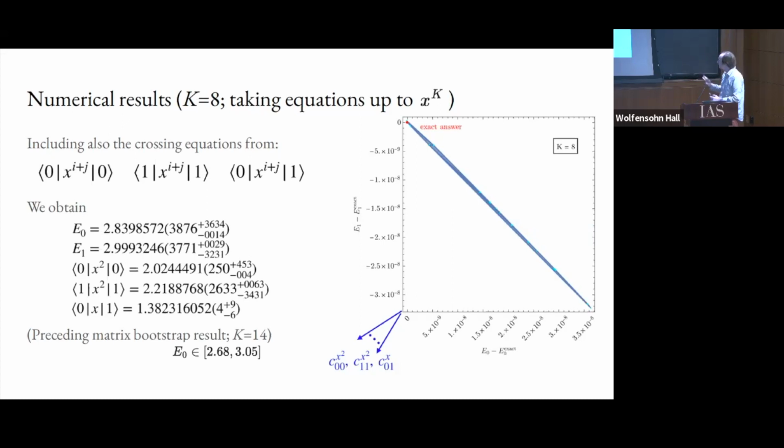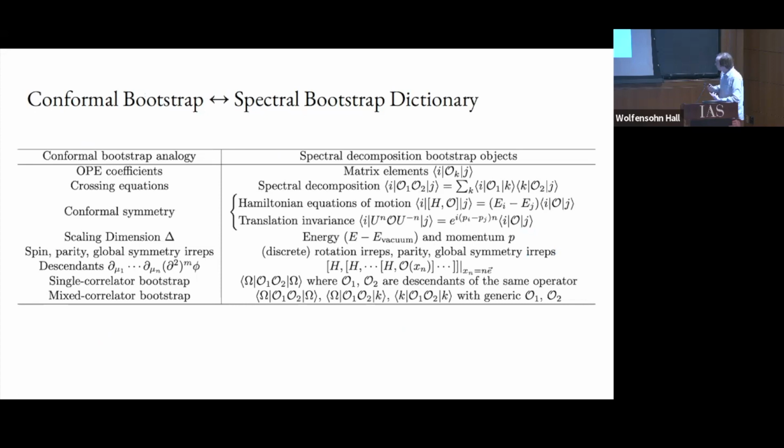This is not the only matrix bootstrap. There's another very good one that does not use the off-diagonal matrix elements, but you have to go to much higher degrees in the operators. When you go to x to the 14, you get that kind of precision down there, which is really only in the first digit. So in my opinion, the main virtue of this method is that if you're a conformal bootstrapper, you get to reuse a lot of what you've learned for the conformal bootstrap. There's a very sharp dictionary, and you can use all of the same numerics that you're familiar with, like extremal functional method, navigator, skydiving.